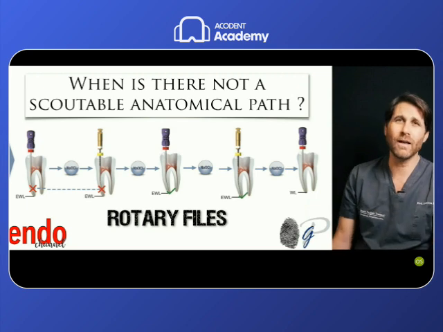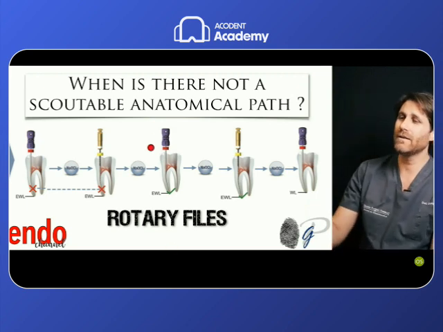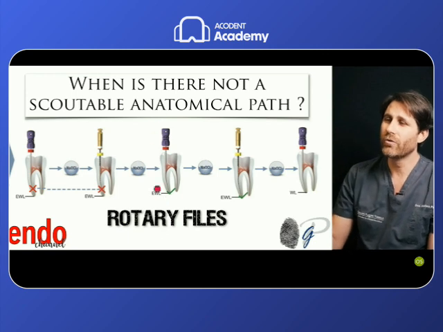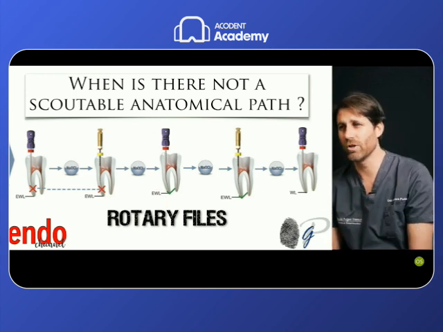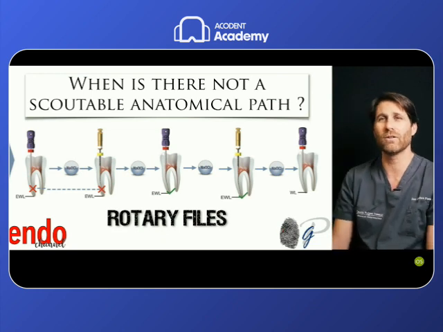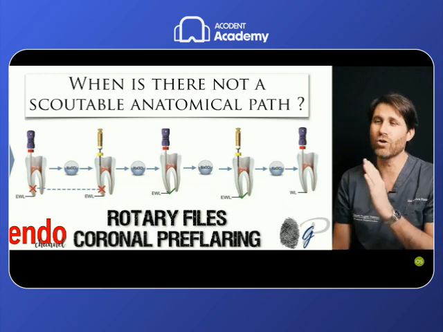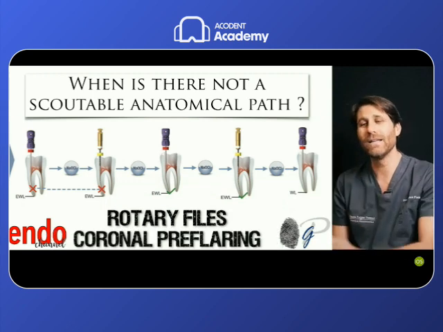So after the rotary preparation of the coronal and middle third, the stainless steel file was able to follow a different trajectory and reach the working length, and then to complete the mechanical preparation with the sequence of rotary files. This was at the time of the rotary files. The coronal preflaring was the technique